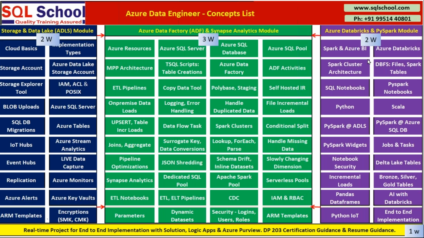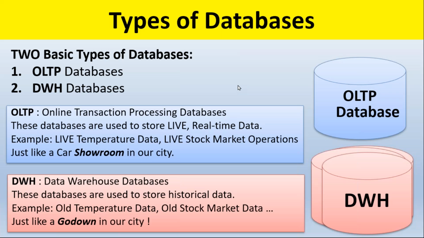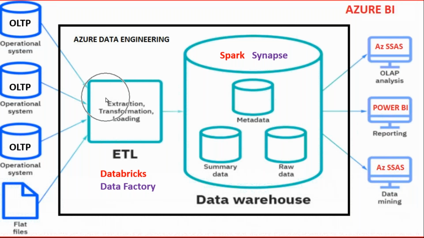To make it clear again, we started with types of databases: OLTP, data warehouse, and the bridging agent in between them, ETL. Microsoft ETL in blue, open source ETL in red, Microsoft warehouse in blue or purple, and open source warehouse, Spark. Bundled together, our actual engineering course DP-203